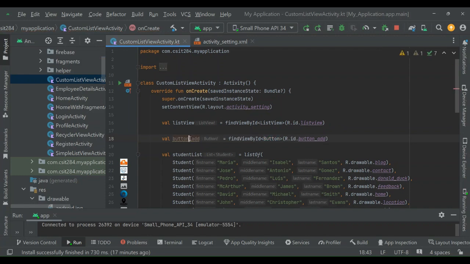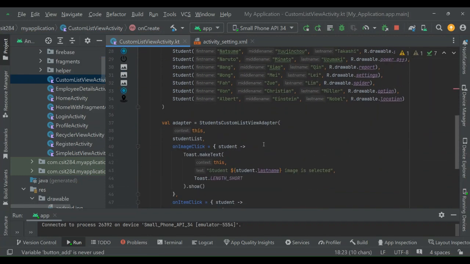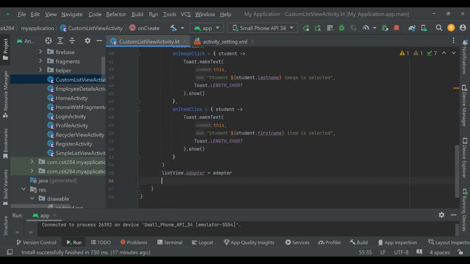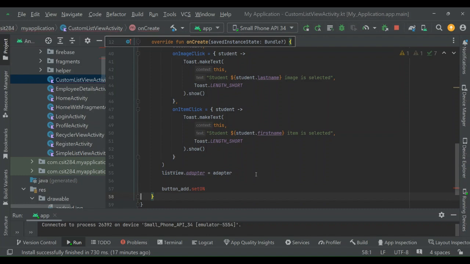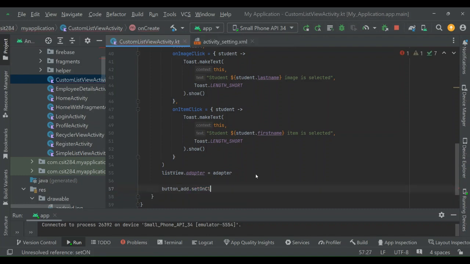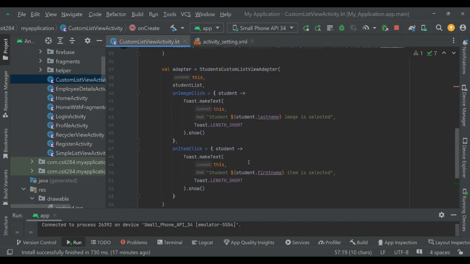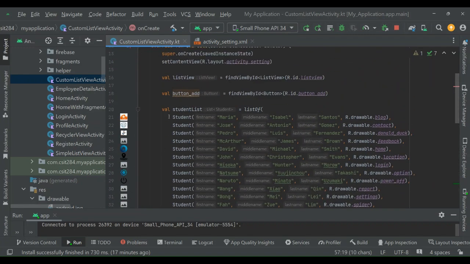Then we handle the on click listener. Every time we click our add button, we are going to add an item to this list.